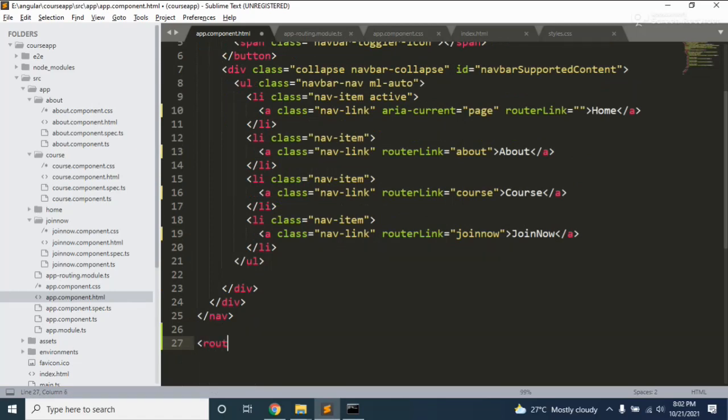So I'm just adding the router outlet, right? Now you can check it here. I'm clicking on this: it's course, it's about, it's home, right? About, course, and join now.